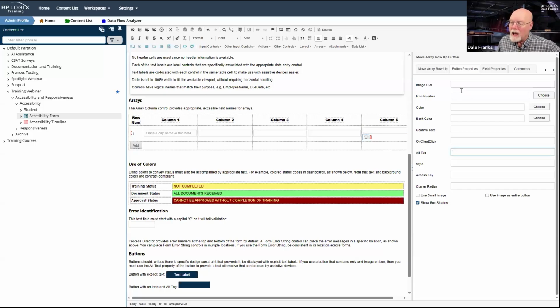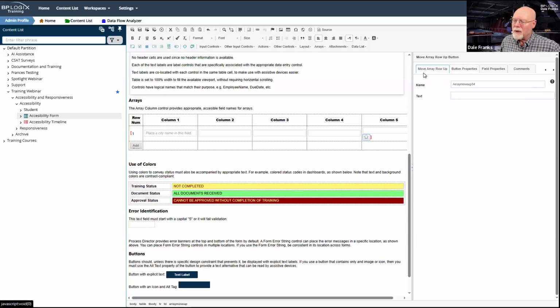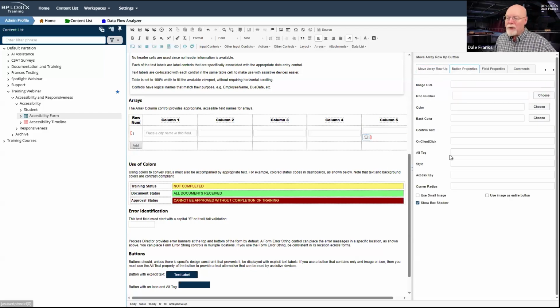You can change that. You can actually change the text of those buttons. There is a text property, so you can actually add text to those buttons. But if you're going to use an image button, which again is allowable if space needs require it, then you do need to use the alt tag to specify some text that can be conveyed to the end user, even if the text doesn't appear on the button.